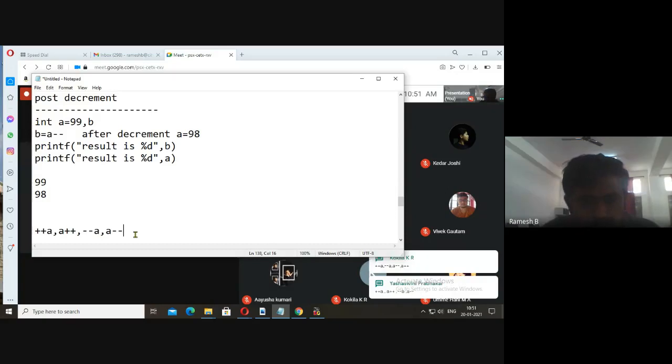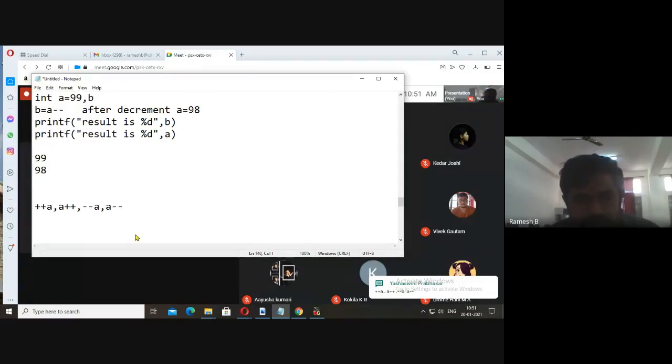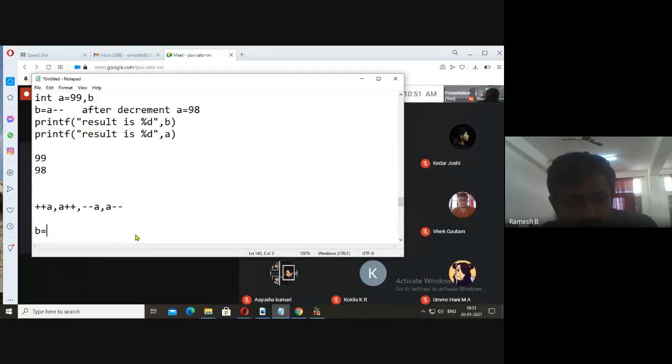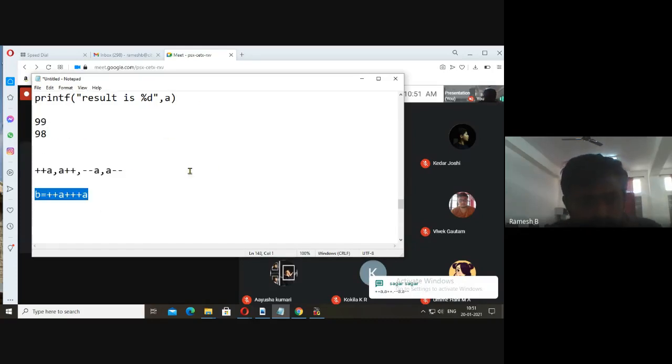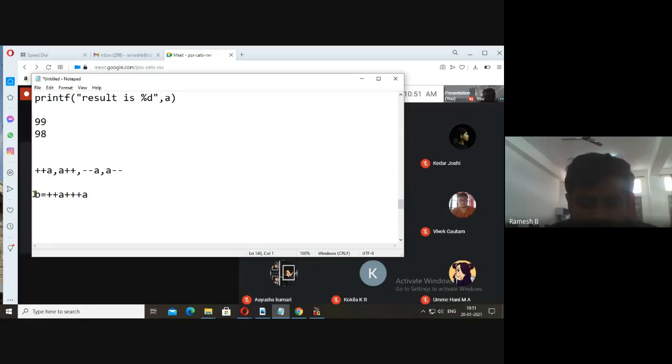Now you see here. I'll take b is equal to plus plus a plus plus a. If you execute this, what will be the value? I'll take a is equal to 10.